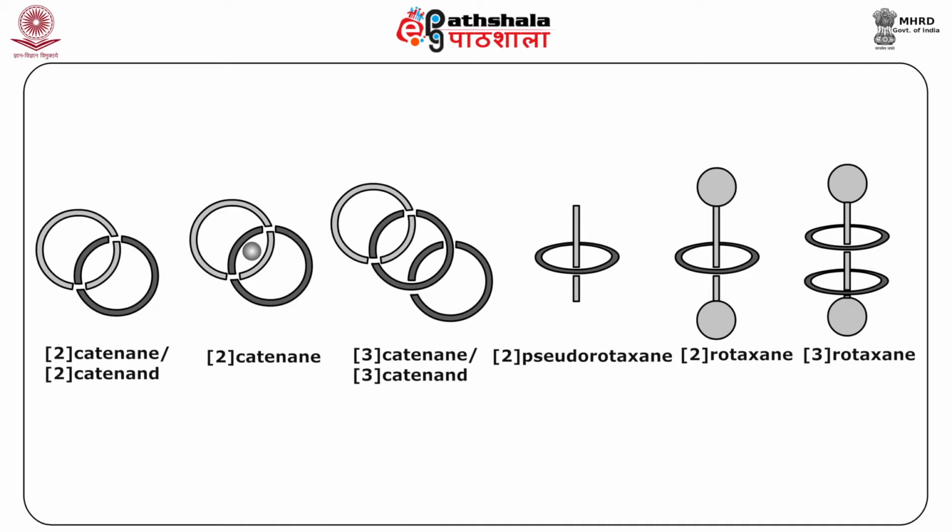Rotaxanes can also be named in an analogous manner, students. In the case of unbranched species, such a numbering system is not necessary. The names of the rings forming a branch to the main chain are numbered with subscripts and placed together with the ring on which branching takes place in one bracket. Now here you can see we have given you numerous examples on the nomenclature of catenanes and rotaxanes and also pseudo-rotaxanes. In catenanes and rotaxanes containing multiple windings, it is also necessary to designate the winding number, which is designated